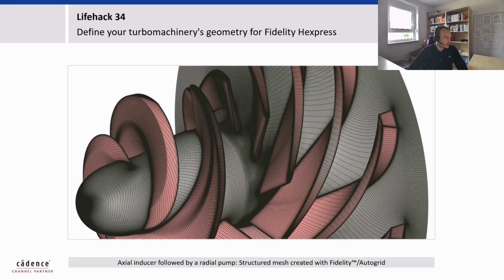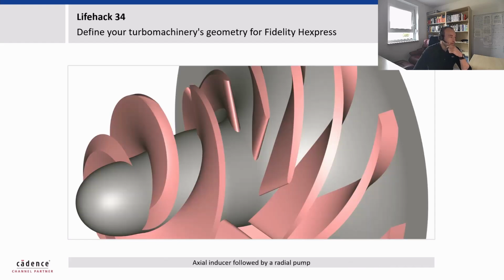So maybe let's go a little bit onto the difficulties. The challenge here with this axial inducer is that we have a very strong sweep in the leading edge. We have a sheared leading edge, which will make it difficult to create an unstructured grid with Fidelity Autogrid. It is possible, and we will see that later. However,